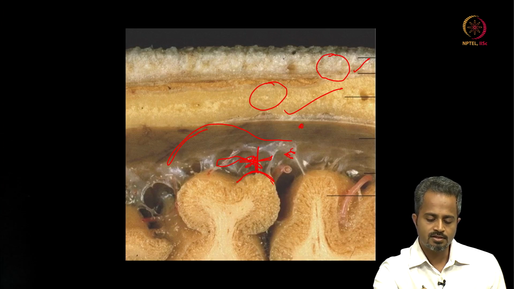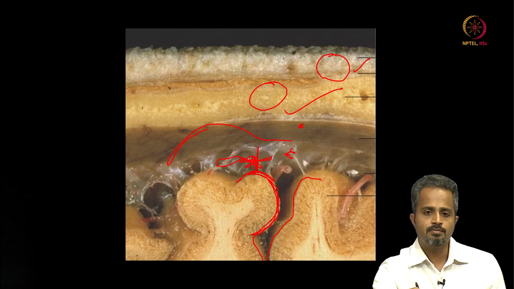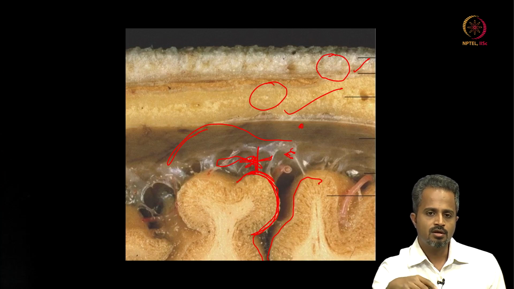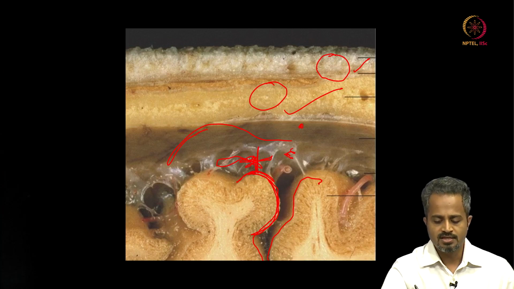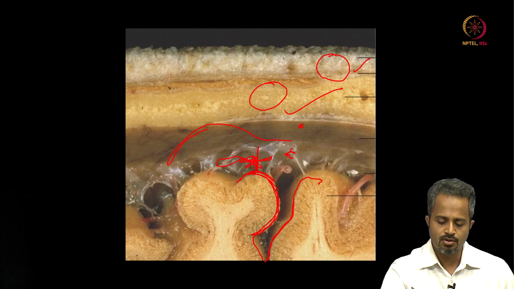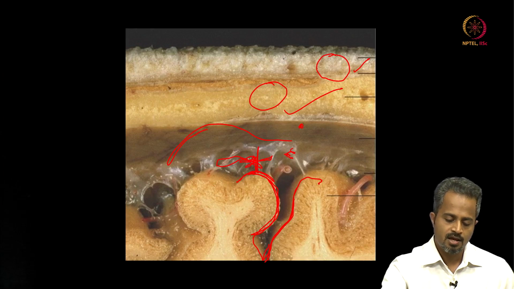Pia mater is something which is stuck to the brain, which follows the sulci. Sulci are the deep fissures in the brain as compared to any other species like rodent anatomy. For example, if you look at the rodent brain, it is a smooth surface with no sulci. The beauty of the human brain is that these sulci or divisions cover a large area. If you were to open up the entire brain surface, it is pretty large, but still we are able to confine it in a small area by means of these folds which are known as sulci,